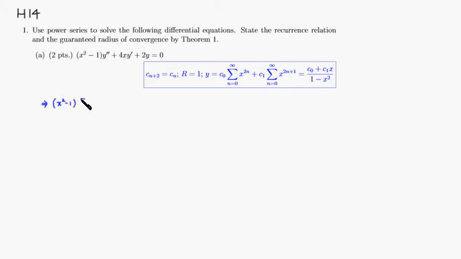y double prime would be summation n goes from 2 to infinity, n times n minus 1 c_n x to the n minus 2. Then you have 4x times summation n goes from 1 to infinity n c_n x to the n minus 1, plus 2 times summation n goes from 0 to infinity c_n x to the n